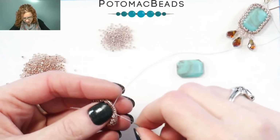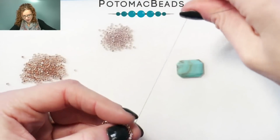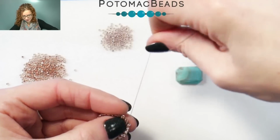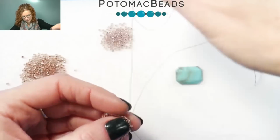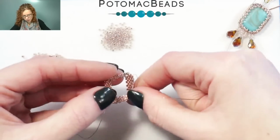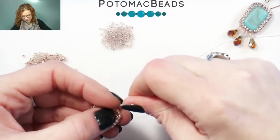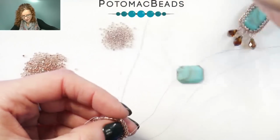So again, just the same thing that we've been doing, just instead of a Delica, it's going to be the 15, but in between each of those Delicas from the previous row, these are just going to fit right into that space. Okay, so here we are at the corner, and so I'm going to add on my 15 and going through that corner and coming around towards the shorter side. I'm going to do 1 15,